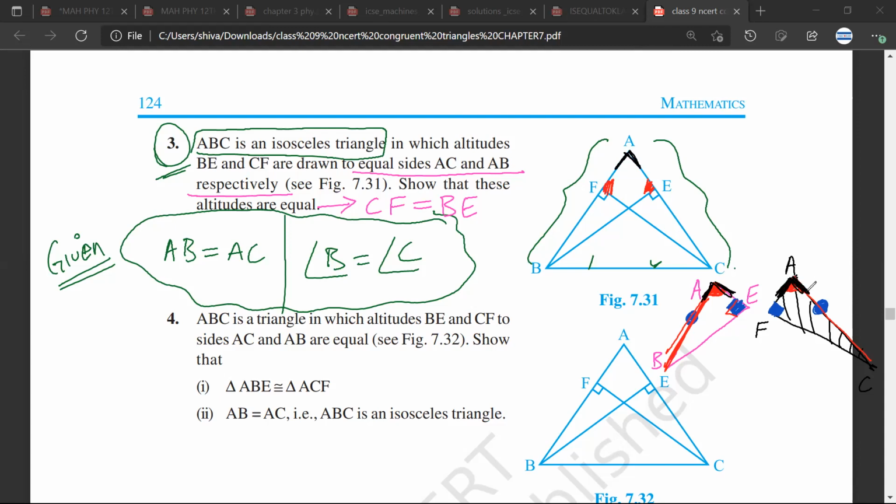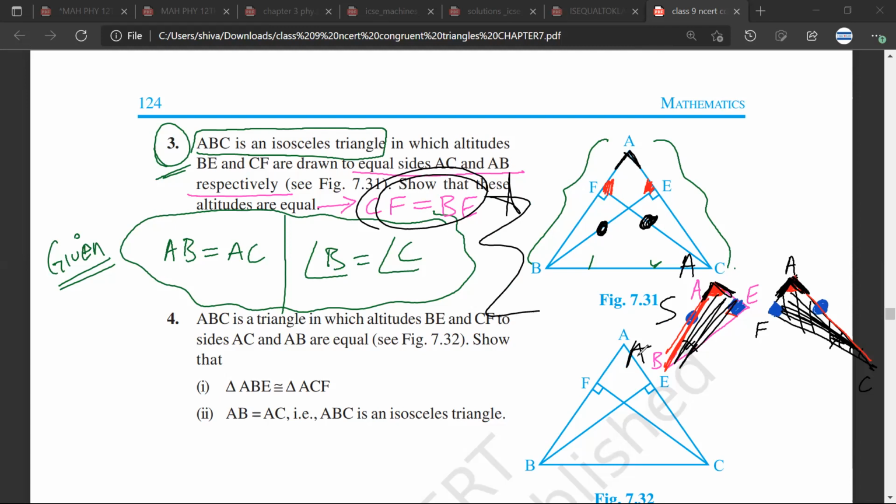Yes, sir. Now, again, two angles of the triangles are equal, therefore automatically this angle would be equal to this angle. Sarthak, have you understood? Yes, sir. So I can apply ASA and prove that this triangle is congruent to this triangle. Have you understood? Yes, sir. Once I have proved that the triangles are congruent, then applying CPCT, BE would be equal to FC, which I need to prove. Have you understood?